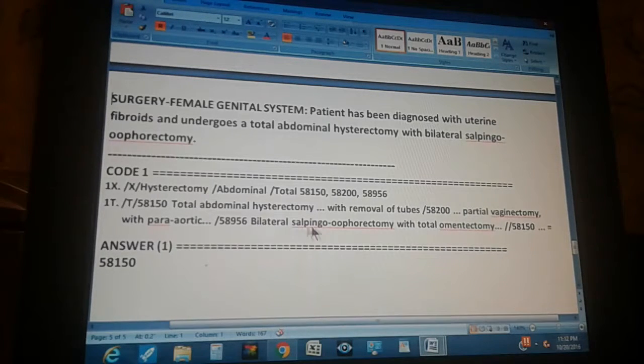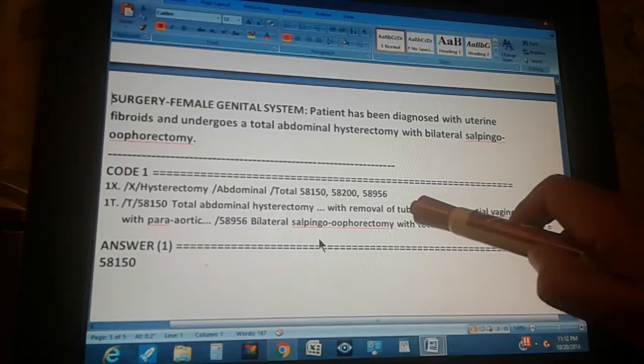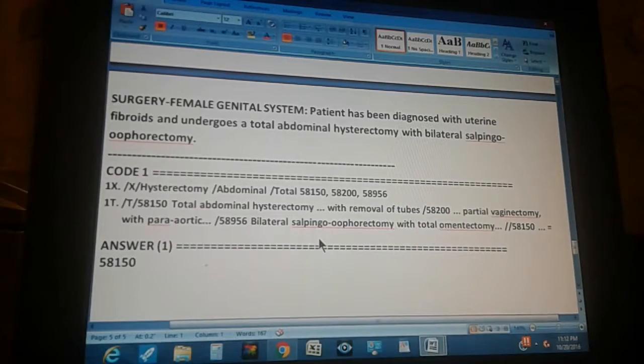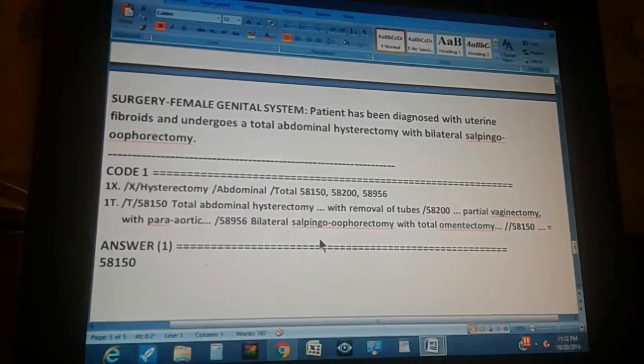The next one, 58956, is bilateral salpingo-oophorectomy with total omentectomy. We don't have omentectomy in our description. The salpingo-oophorectomy is this one, removal of tubes, which is exactly the same thing. So we have salpingo-oophorectomy, hysterectomy, abdominal, and total. So we go back to the first one, and the equal sign means that's our code. We have double-checked it. So the answer is